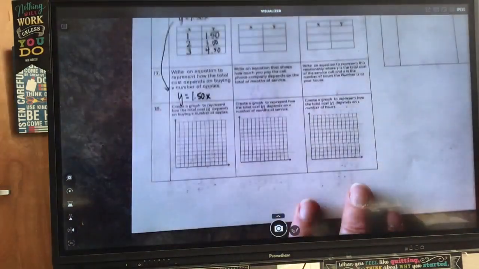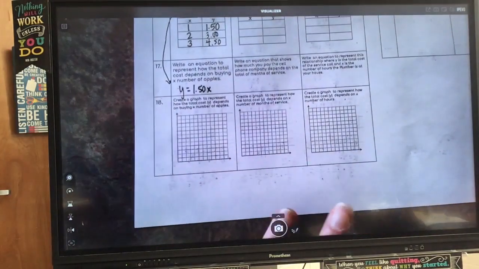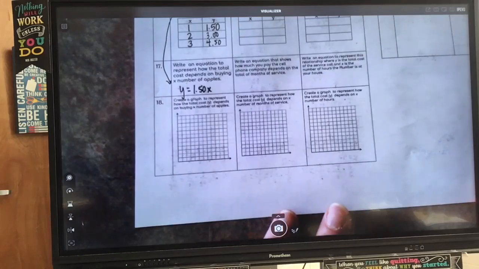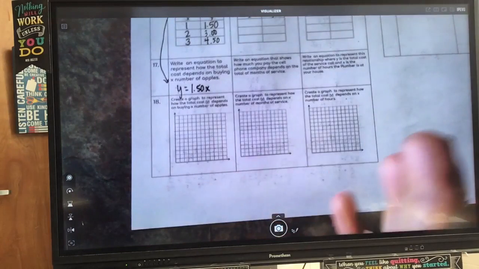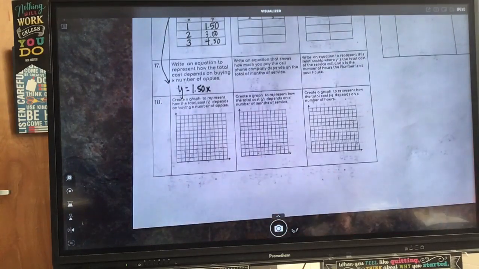Now, the table is small, so I'm gonna skip some lines just so it's a little bit easier for us to see. But if you did not skip lines, that is perfectly fine. Or if you're not there, even better. Alright,